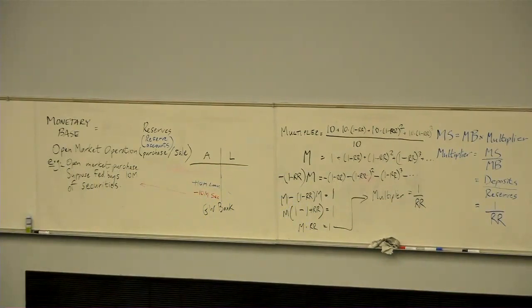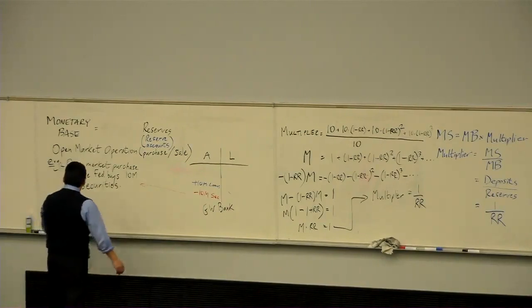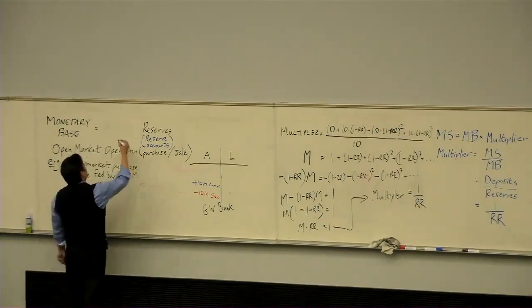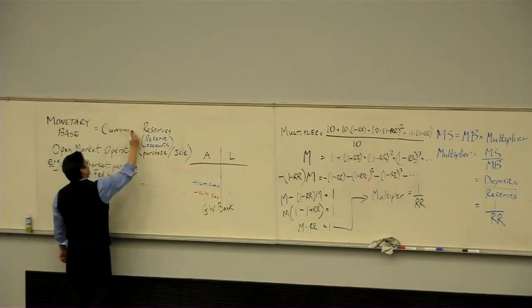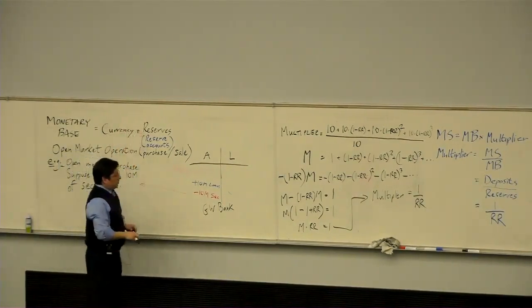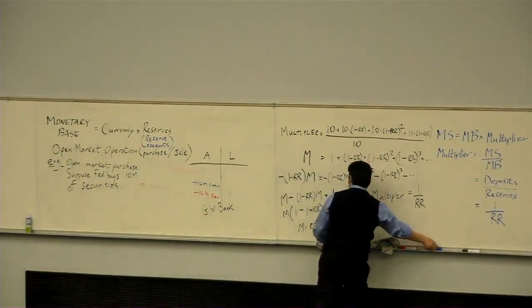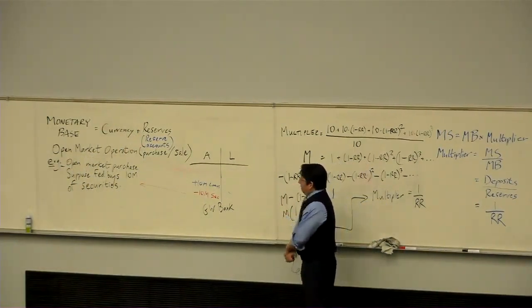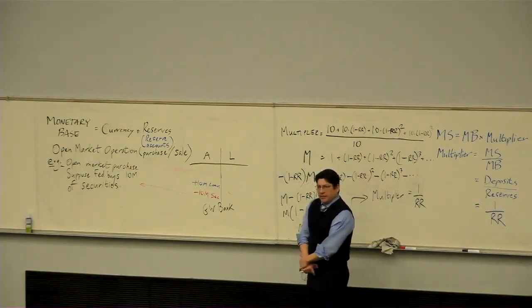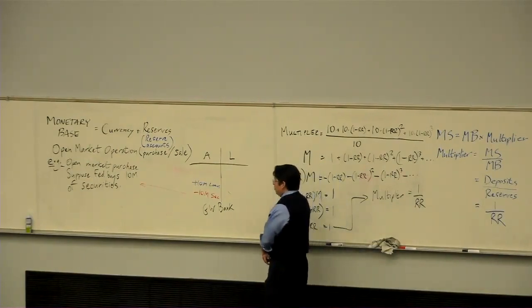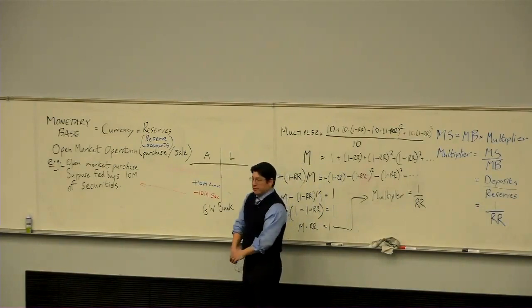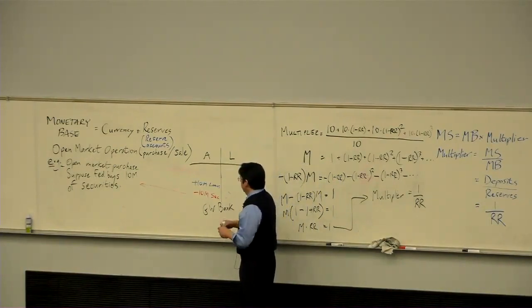So, all of this we did in our utopia that doesn't have currency. What happens if we return the currency? The presence of currency doesn't necessarily change anything here. How come? Well,